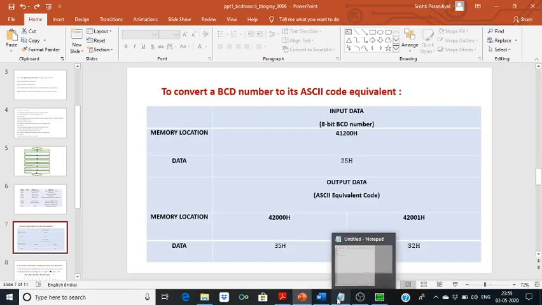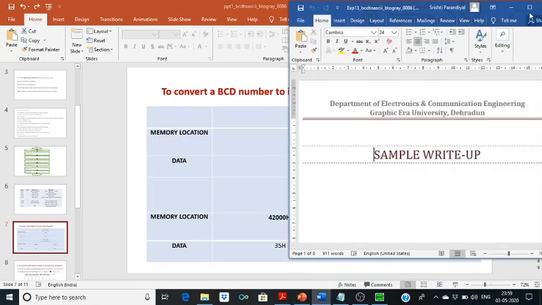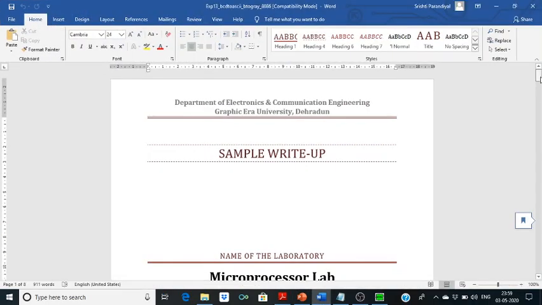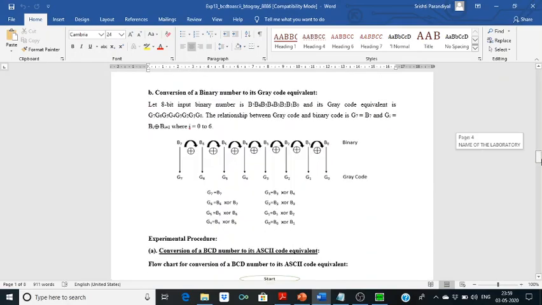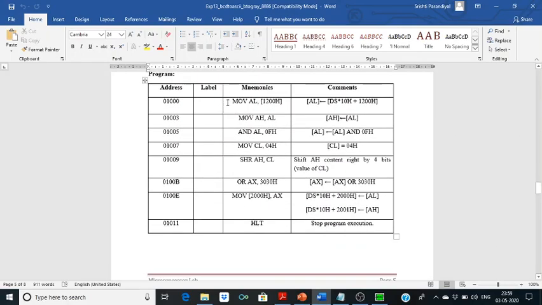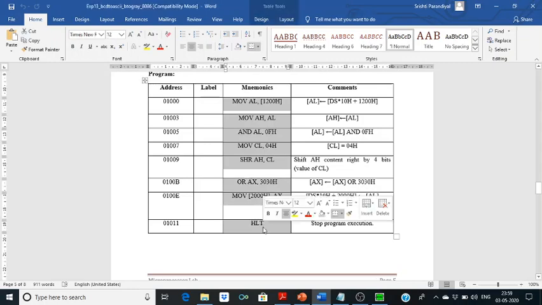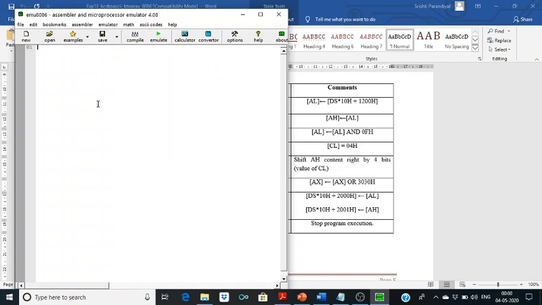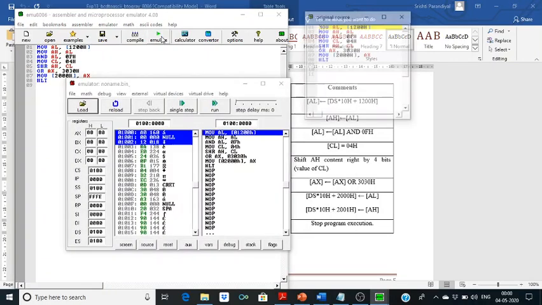So what we will do, we will copy the program. This is the program. Here, now we will emulate it.